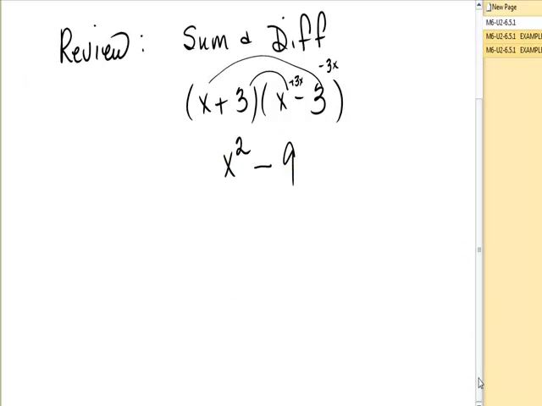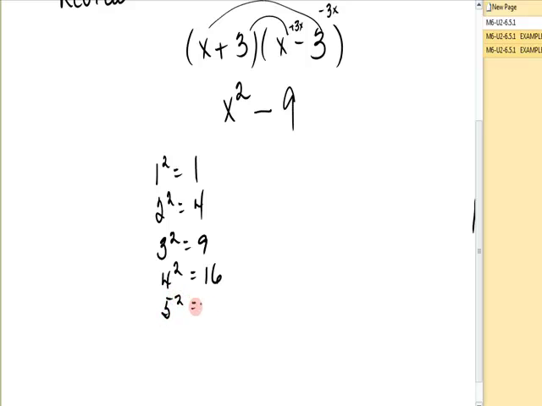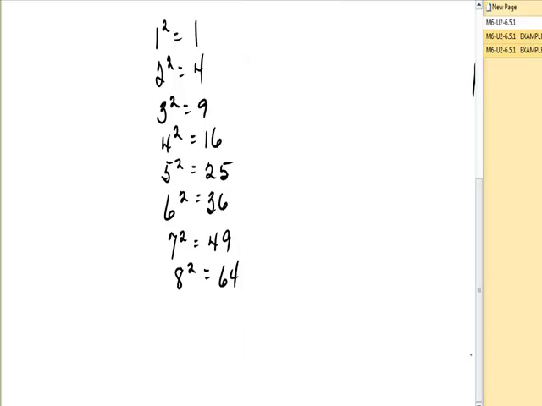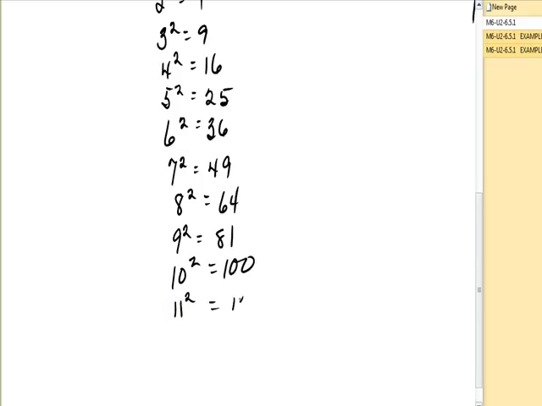I would like to make a list for you of some squares so that you begin to recognize them. 1 squared is 1, 2 squared, 4, 3 squared, 9, 4 squared, 16, 5 squared, 25, 6 squared, 36, 7 squared, 49, 8 squared, 64, 9 squared, 81, 10 squared, 100, 11 squared, 121, 12 squared, 144,